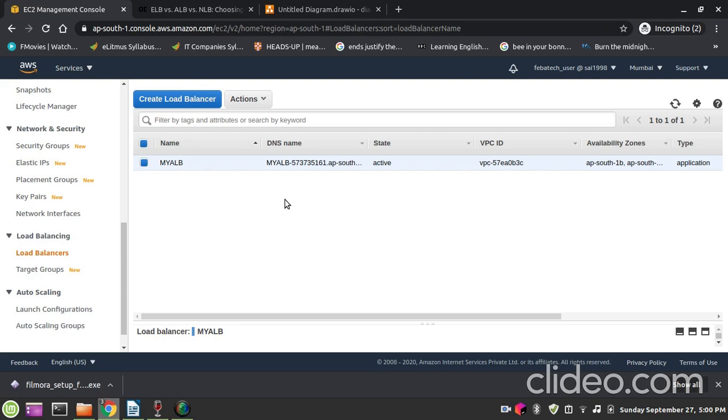And ALB further supports SNI, that is server name indication, which allows it to serve many domains. It supports WebSockets as well, and it supports user authentication via a variety of methods including OIDC, SAML, LDAP, Microsoft AD, and well-known social identity providers such as Facebook and Google. And ALBs are typically used for web applications usually, and if you have a microservices architecture, then ALB can be used as internal load balancer in front of EC2 instances or Docker containers that implement a given service.